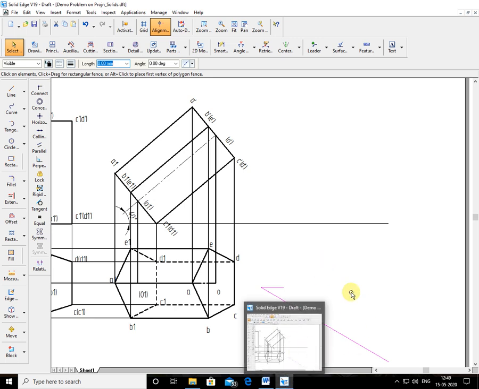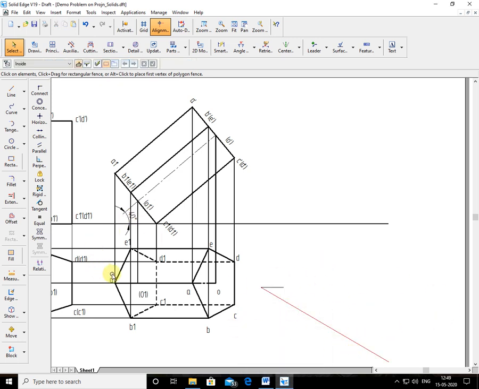Now I'll use the move copy command. So how do you do it in sketching? First you draw this pentagon, the way you draw in planes problems. First draw the pentagon with C1 D1 on this line, then by the compass method you locate the points A1, B1, C1. I'm showing this just to show how to do rough sketching. Suppose C1 D1 is 25 in length, so you draw a 25 length hidden line.